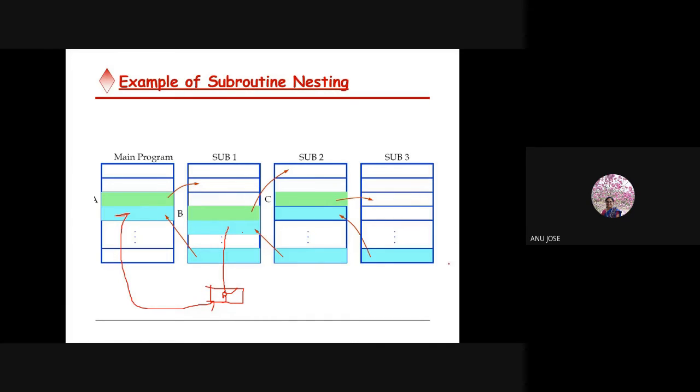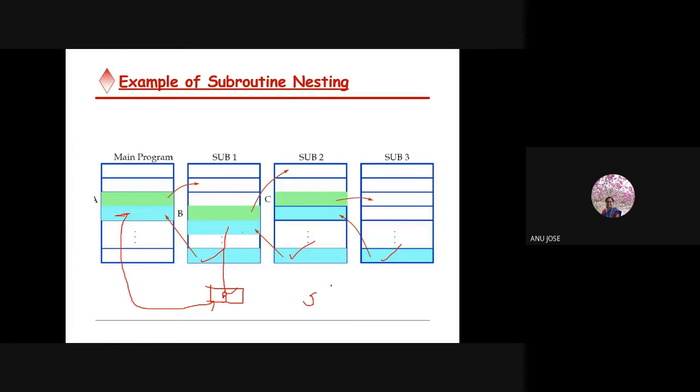This is the total flow of execution. Here one register is not sufficient to hold multiple return addresses. There is a return statement here, one here, and one here, so three return statements. To which address it should go back, we don't know. So one register is not sufficient in this case.